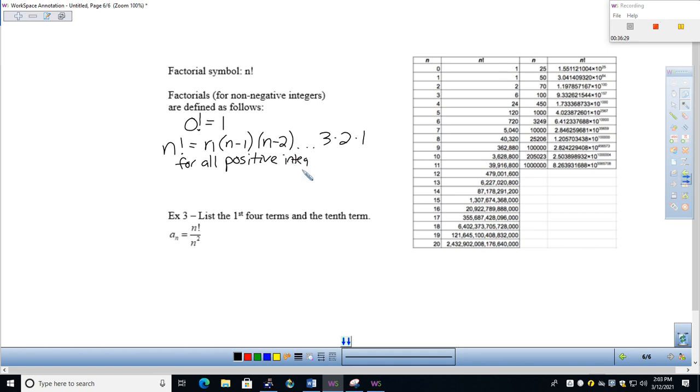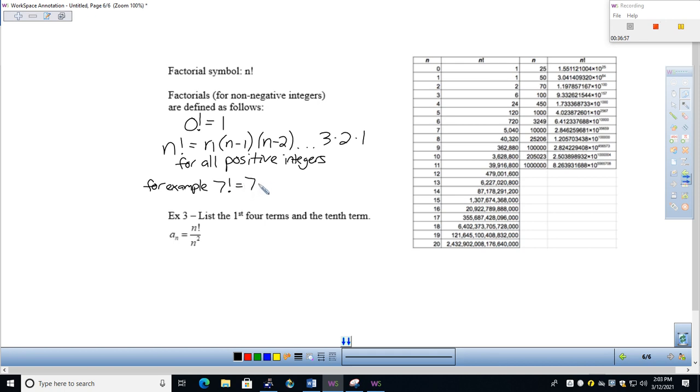And look at the table that I just gave you off to the side. Again, 0 factorial is defined separately as 1. But then for all positive integers, this is how it is defined. So I'm just going to give you a for example, just in case you've never seen this before and you're still not 100% convinced. So what this means, like if I gave you 7 factorial, all that means, everybody, is